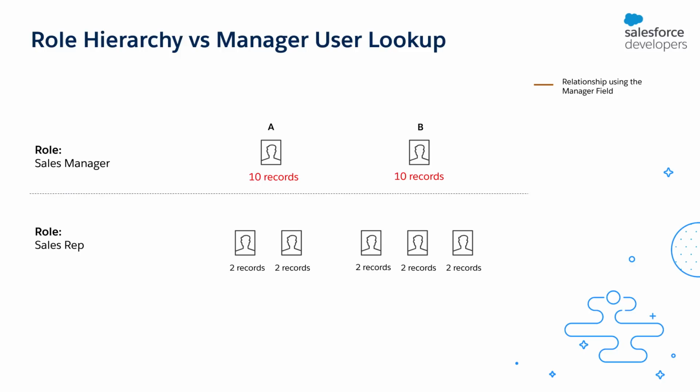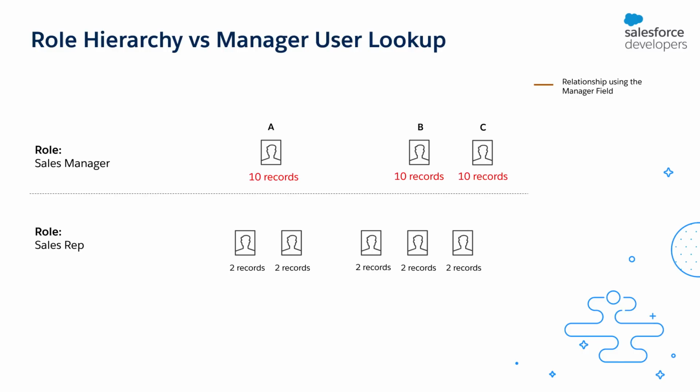So in terms of role hierarchy, there are 2 users in the sales manager role and 5 users in the sales rep role. And the manager role is above the sales rep role according to the hierarchy. Because of this, any user in the manager role has access to records of any user in the sales rep role. So imagine there is one more sales manager. They also have access to 10 records.